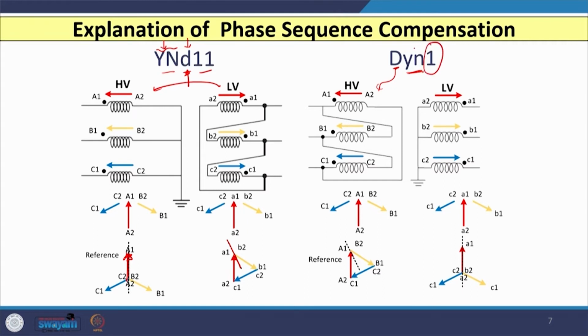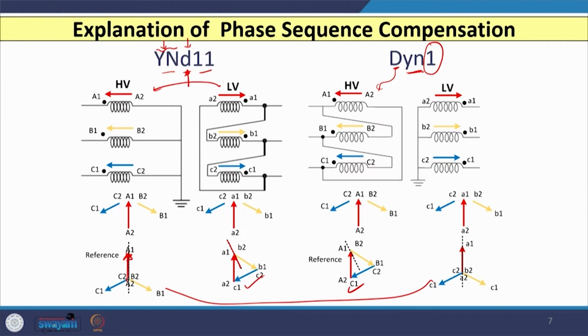You can see that when your star is HV winding and delta is LV winding, the phase shift is 30 degree and your LV winding phasor is leading the HV winding phasor by 30 degree. Now, as you swap it, your LV winding is star connected and your HV winding is delta connected. So, if you draw the reference phasor, you will have the same phasor, but the only difference is now your reference phasor is delta winding, that is your HV winding. So, now you can see that your LV winding phasor is lagging by an angle 30 degree